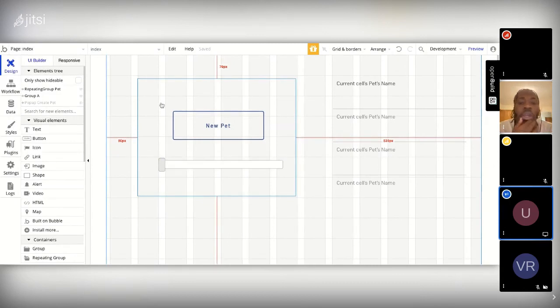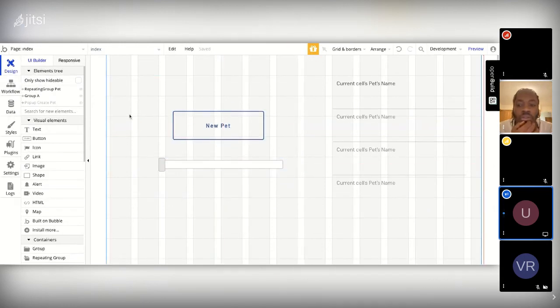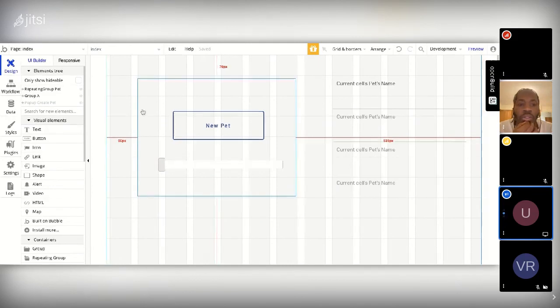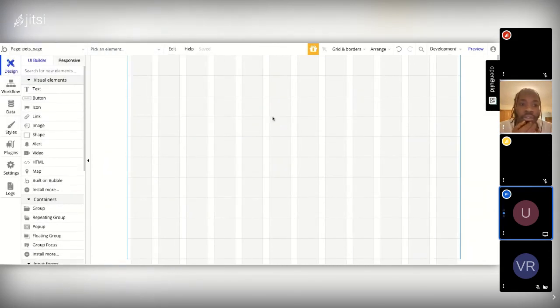Yeah. So this would be the landing page, if it was a real app. I'd design the index page to be some landing page, and then I would use the navigate function. Actually, why don't I show you the navigate function in action? I did build another page called the pets page. I haven't put anything on it yet, but